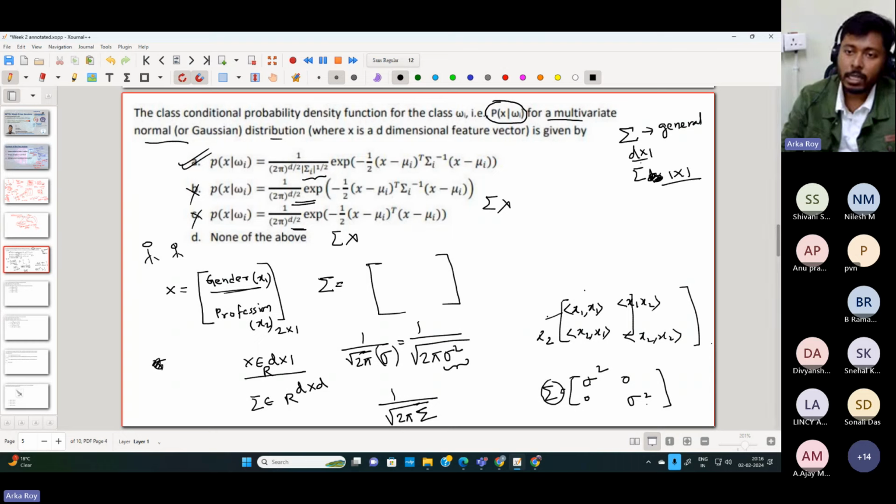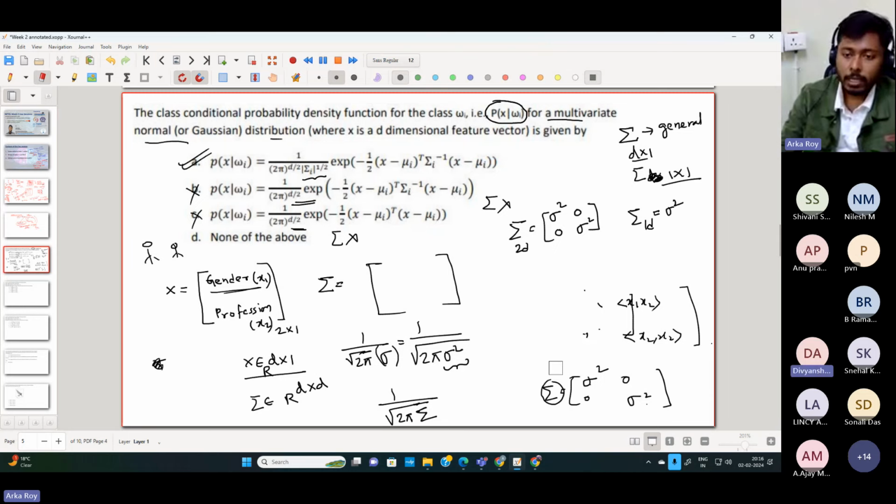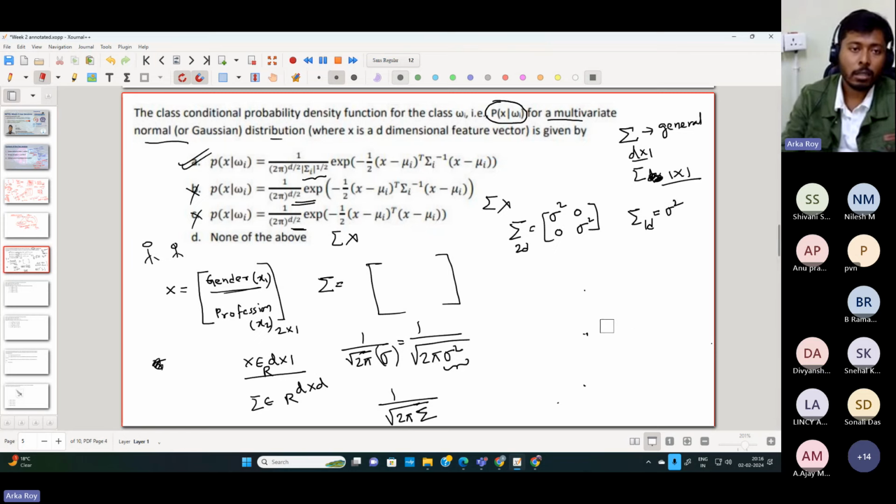Mathematical induction I can prove. So in case of 2D, you have a matrix like this: sigma square 0 0 sigma square. But in the case of univariate, you have only sigma square. Now, if I write the general equation